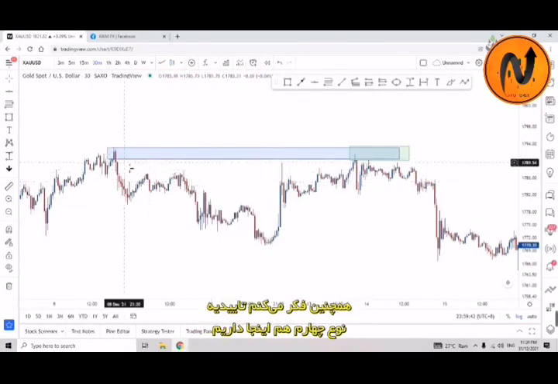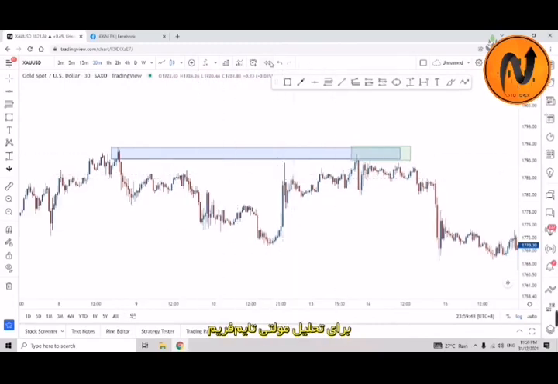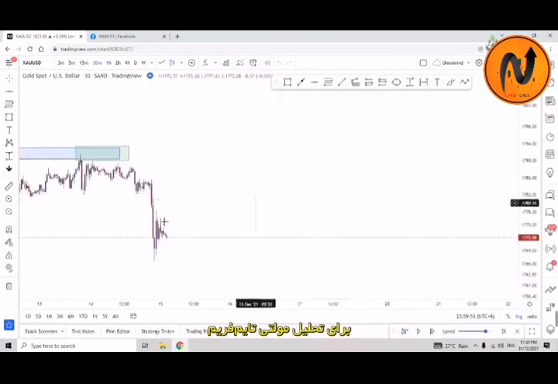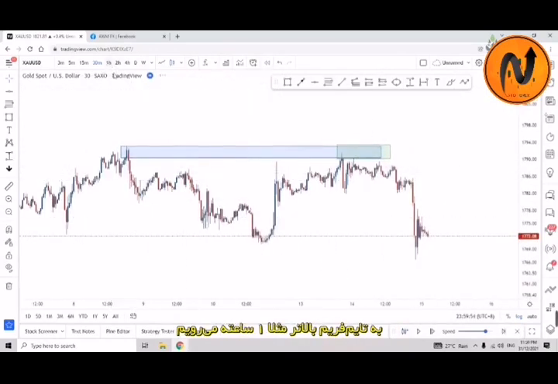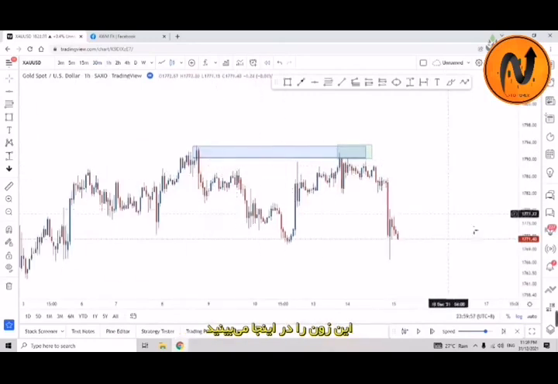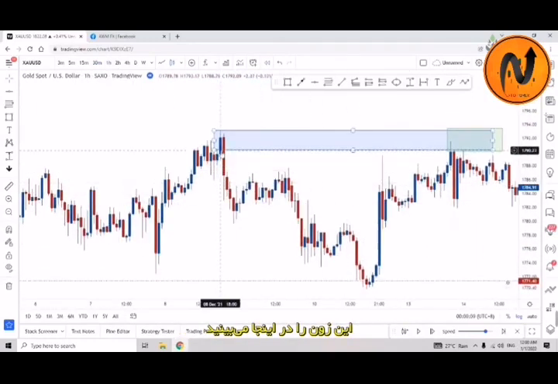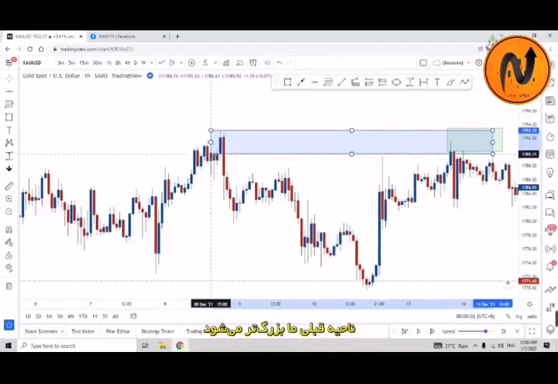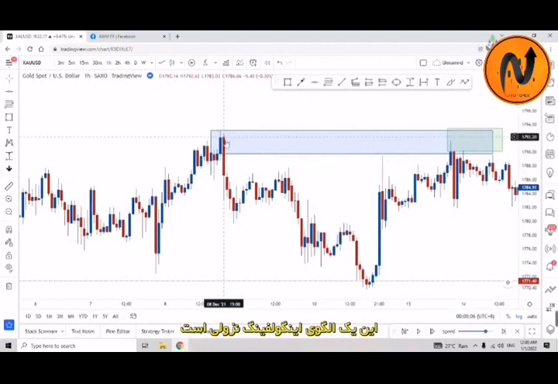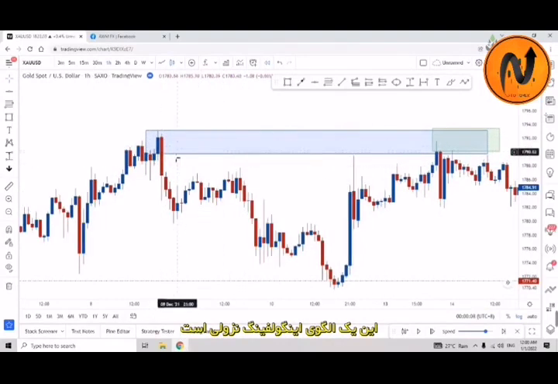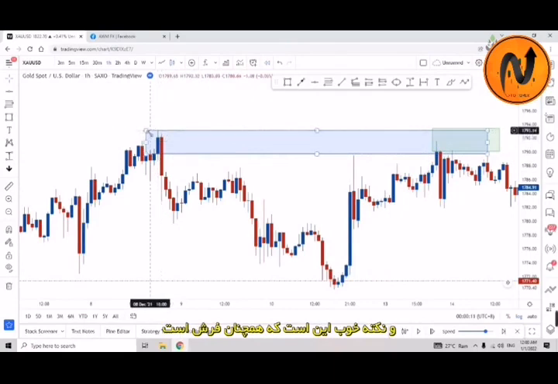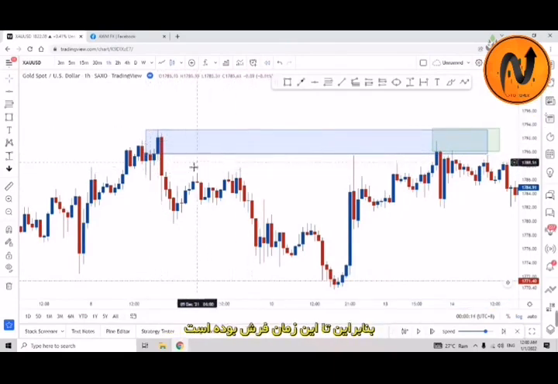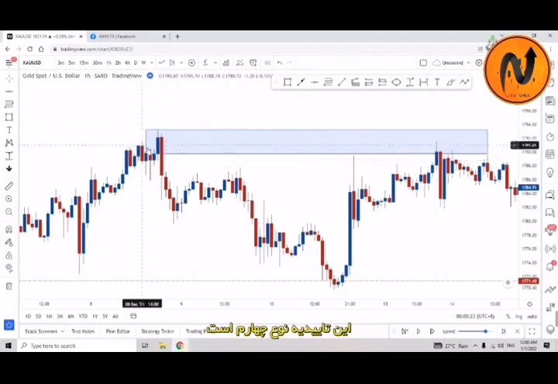I believe there is a confirmation number 4 over here also. Wait a minute, let me put it into this. Multi-time frame analysis: we go into a higher time frame, maybe H1. You can see that this zone has become bigger. This is a bearish engulfing, and the good thing is that it is still very fresh. This is a fresh zone all the way until here. So this is a confirmation type 4.